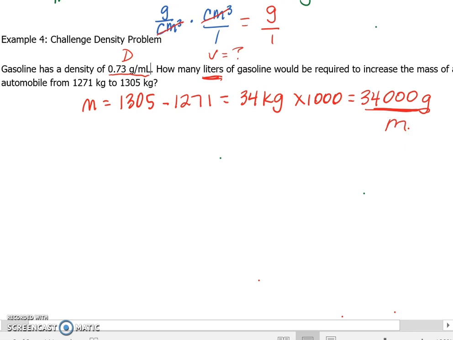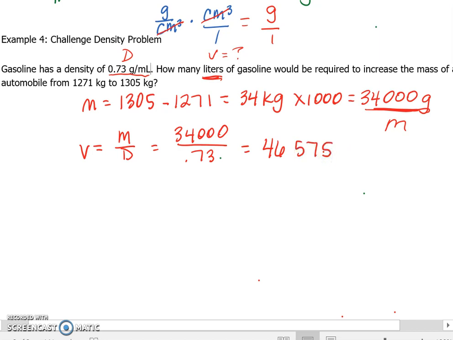All right, so I'm looking for volume. And remember that volume equals mass divided by density. And so I'm going to do 34,000 divided by 0.73. And I get a volume of 46,575